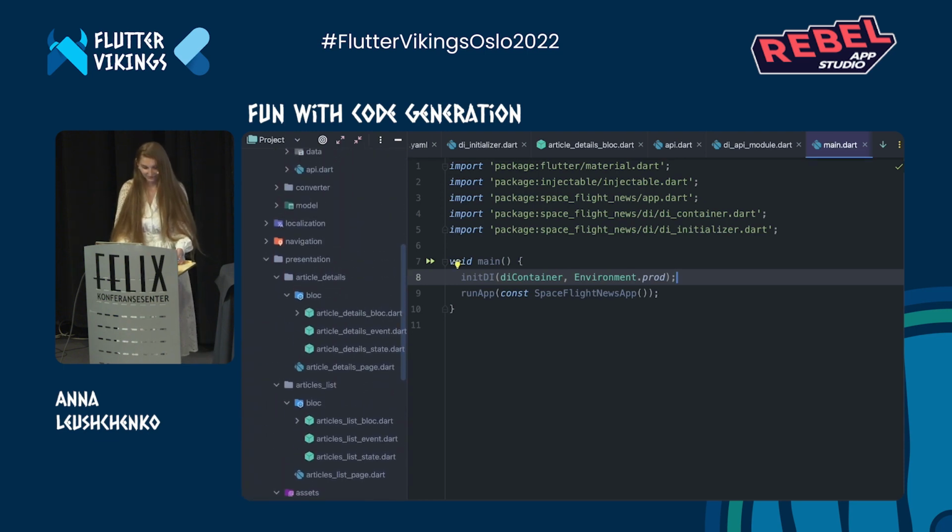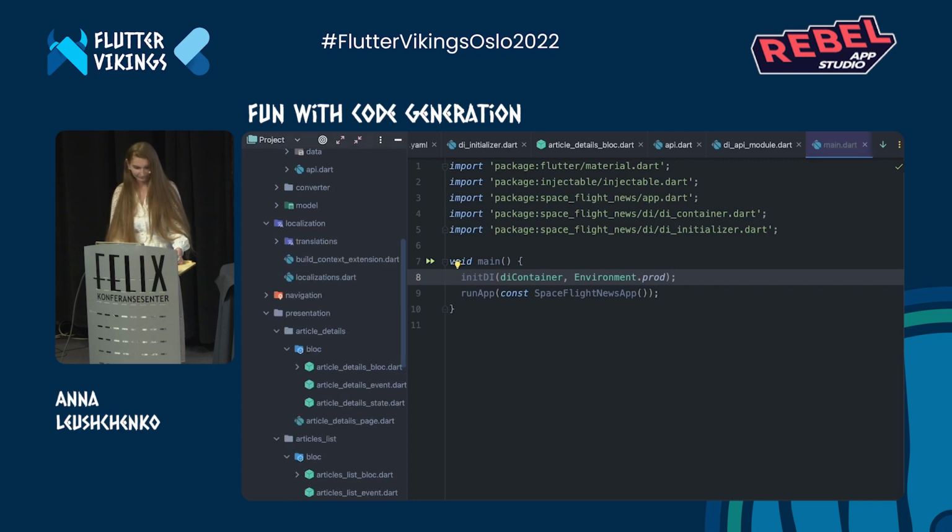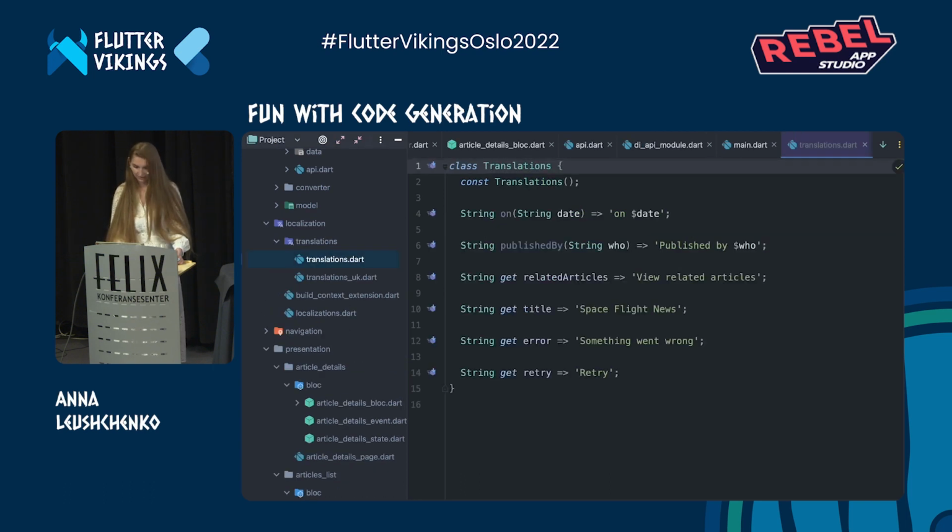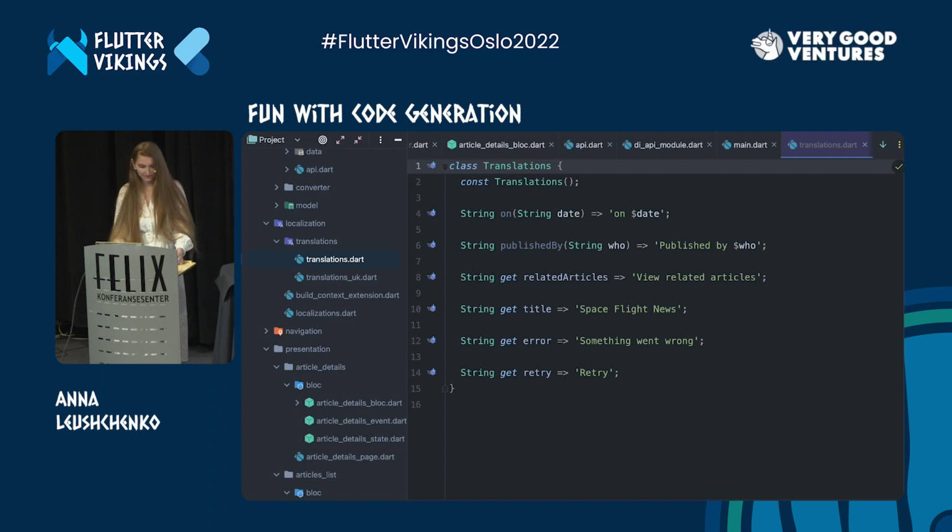Next, I would like to really briefly talk about localization. The implementation I chose, which doesn't use code generation, includes these translation classes. It's better than having translations in a map, which wouldn't help to detect if I made a mistake in the string key. And also, this allowed me to concatenate strings with passed parameters. However, having to create these classes is too much manual work for my taste. I prefer to delegate this task to the i69n package by Tomasz Zwiecina.